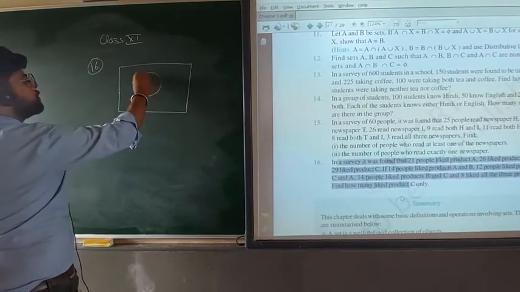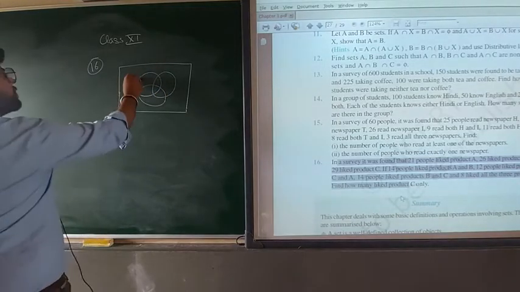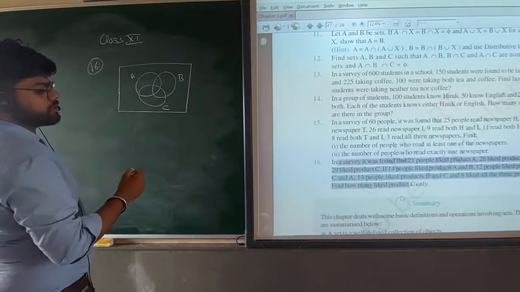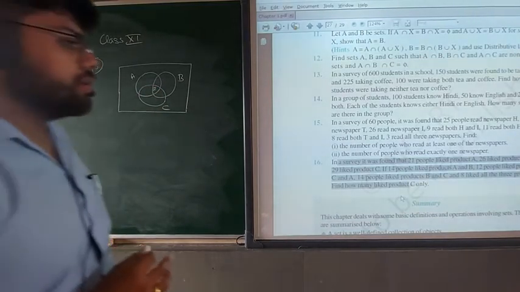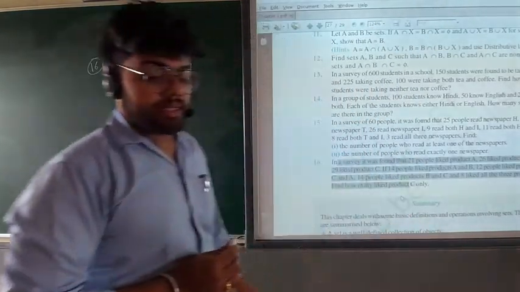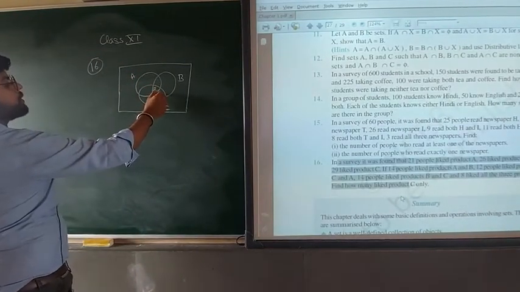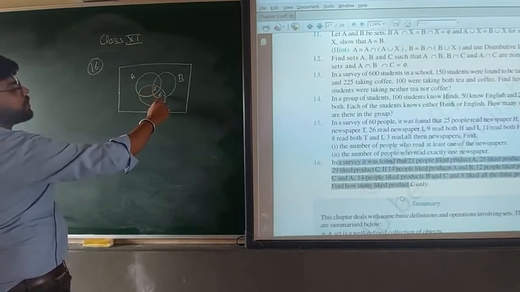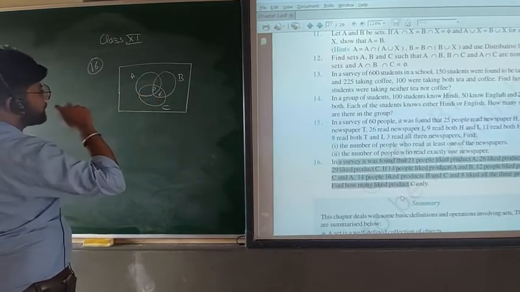Now see that. These are the three products, A, B and C. He said that all three products are liked by 8. So here 8 will be there. Now 14 like B and C. Listen carefully. 14 like B and C, these two. So here 14 will come, but here 8 is also included. So 14 minus 8 will be 6. Now count it. 8 plus 6 are 14. So like this we can fill in the Venn diagram.